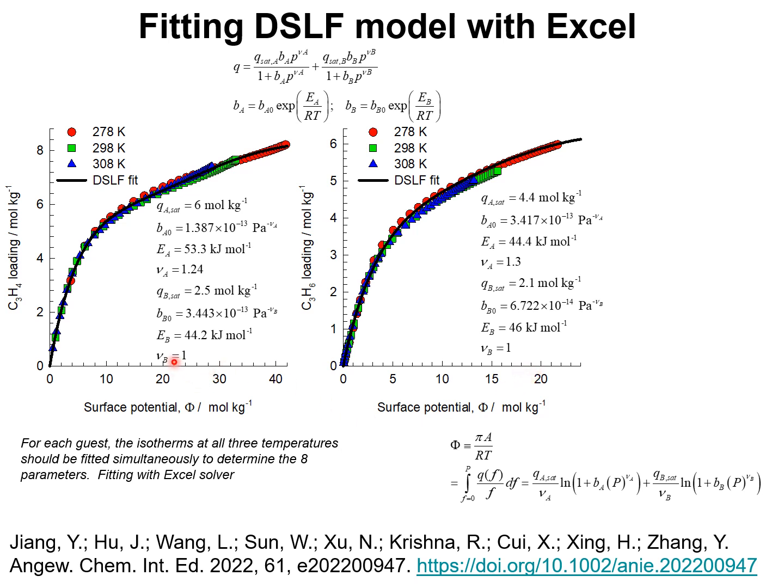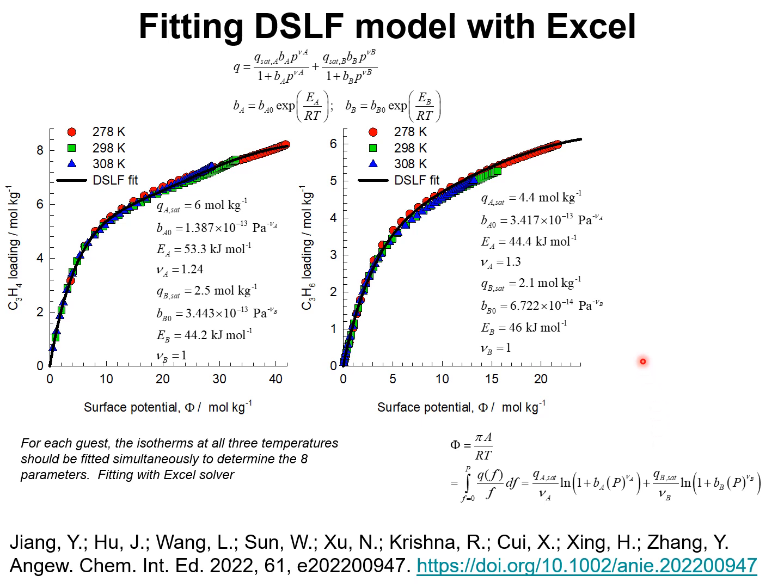Note also that I have here chosen the second Freundlich exponent nu B to be unity in both cases, because perhaps only one of the Freundlich exponents needs to be different from unity. And we note also here that the nu A value is 1.24 for propine and 1.3 for propene, close together. So fitting the isotherm data with Excel ensures that we